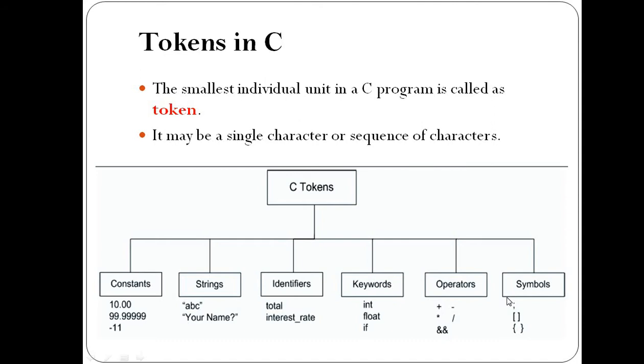Okay, so tokens in C. Before going to explain tokens in C, I will explain again the steps for learning languages. Here again I am taking the example of the English language. Normally English is common. So what are the basic steps we need to follow to learn the English language?